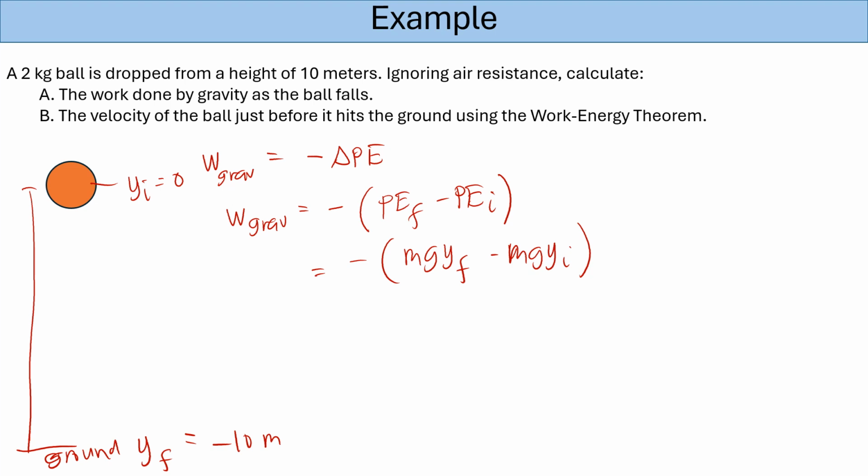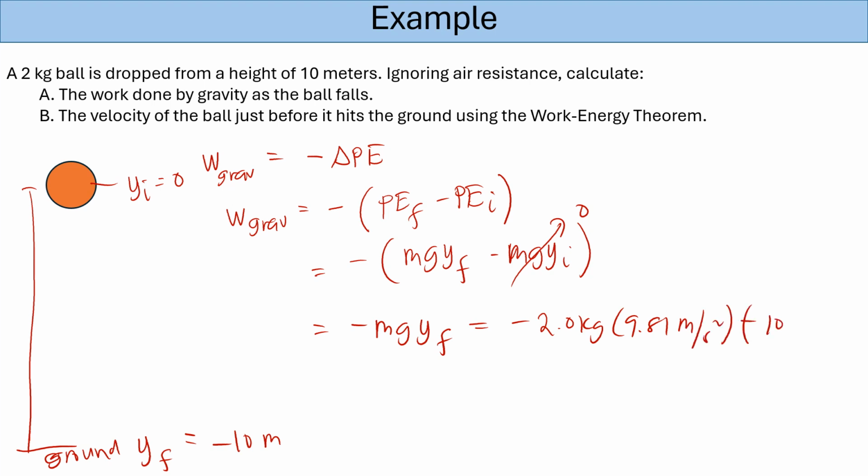Okay, so I have my yi here as 0, so this here will be 0. So I will be left with negative mg yf. So if I substitute that, this will be negative 2.0 kilograms times 9.81 meters per second squared times negative 10 meters. So the work due to gravity here will be equal to positive